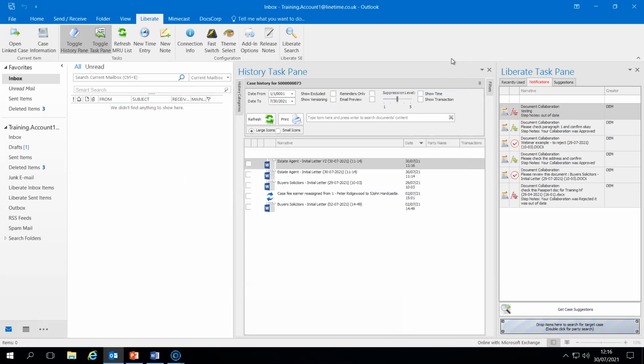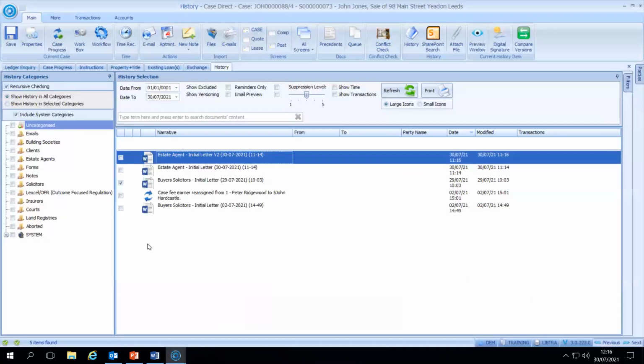Okay, so we will take a look now at document versioning. I'm going to go back into my case here in Liberate, and I'm in the history, and I want to perhaps create a new version of a document. So for document versioning, I've got a document here, estate agent initial details, and